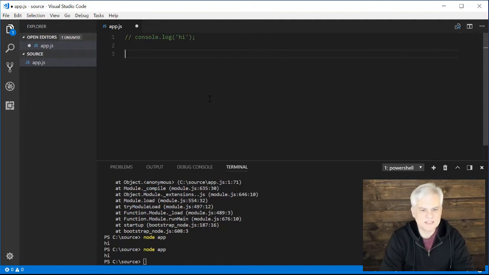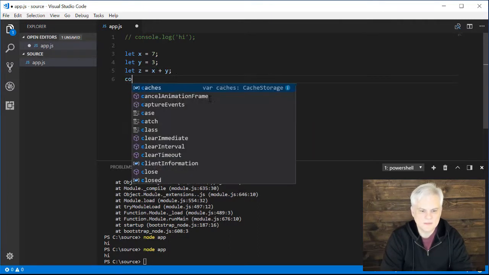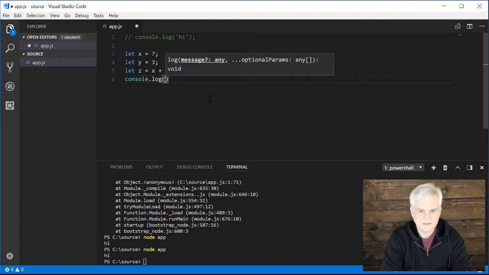But here, let's create something a little bit more interesting. I'm going to say let x equal 7. I'm going to say let y equal 3. Let z equal x plus y. And then we'll do console.log. And then I'm going to use